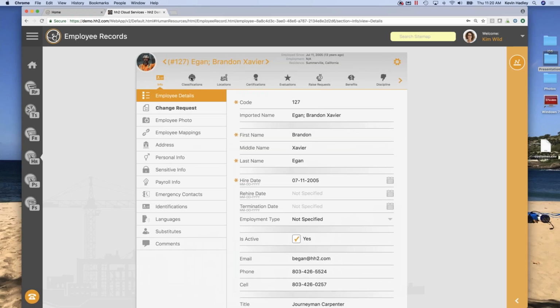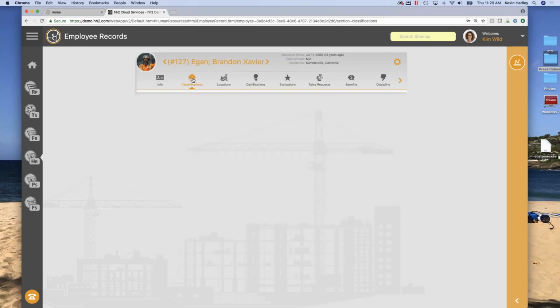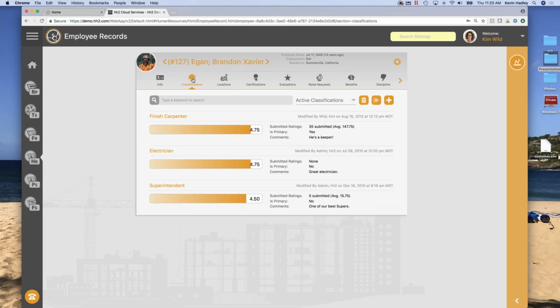Let's keep going. The next one over that we do is classifications. Okay, so in the classification section, most all of you classify your employees in one form or another. Might be general laborers, finished carpenters, electricians, superintendents, project managers, whatever.